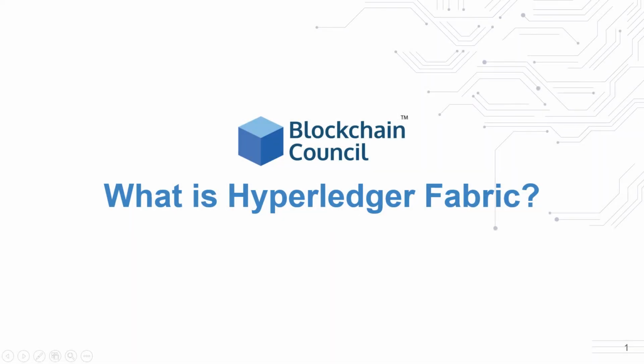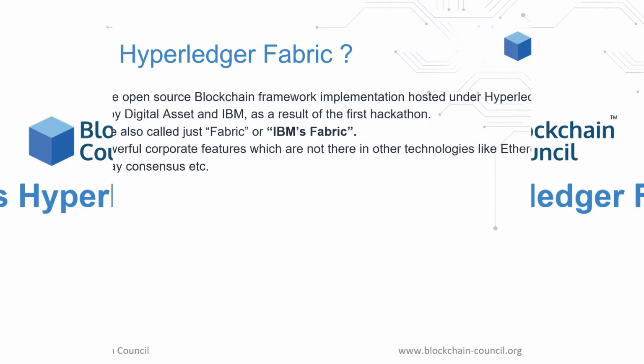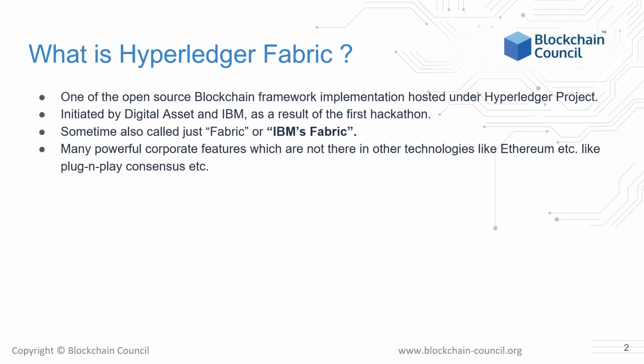What is Hyperledger Fabric? Hyperledger Fabric is a product led by IBM. It is a plug-and-play implementation by which IBM eases developers to develop high-scale blockchain applications with flexible permissions. To sum it up, it is an open-sourced framework implementation hosted under the Hyperledger project. Hyperledger Fabric was first introduced by IBM as a result of the first hackathon and can sometimes also be called